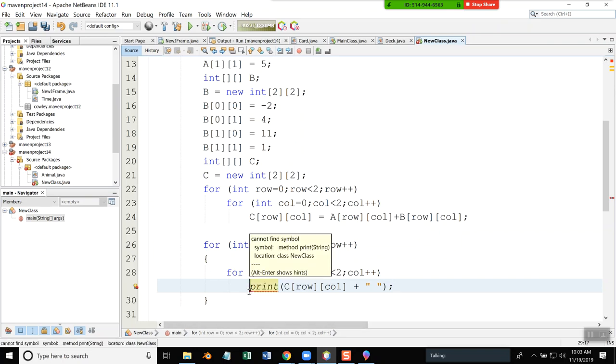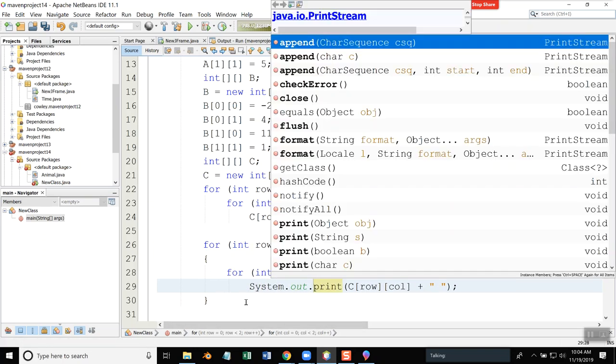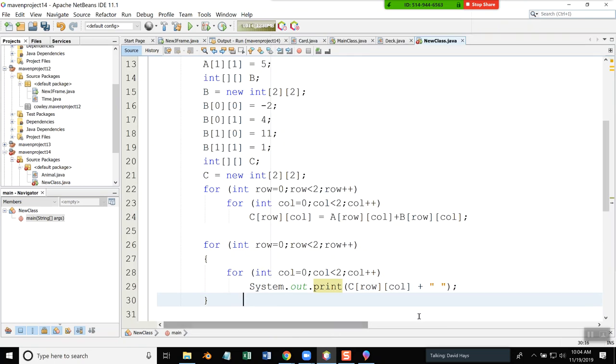So for system.out. Then after that row gets done, I want to print a next line. So system.out.println like that. So in theory, when I run that,